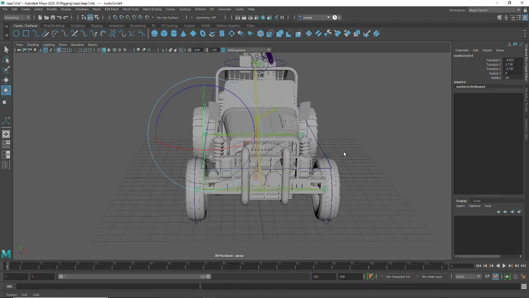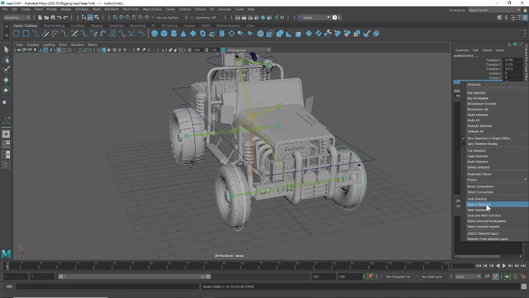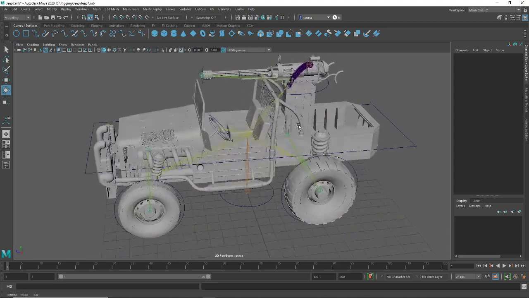There's a hole in the wheel there. And this is not going to rotate in Z. So we're going to lock and hide Z. And you can always get that back. This is only going to rotate like